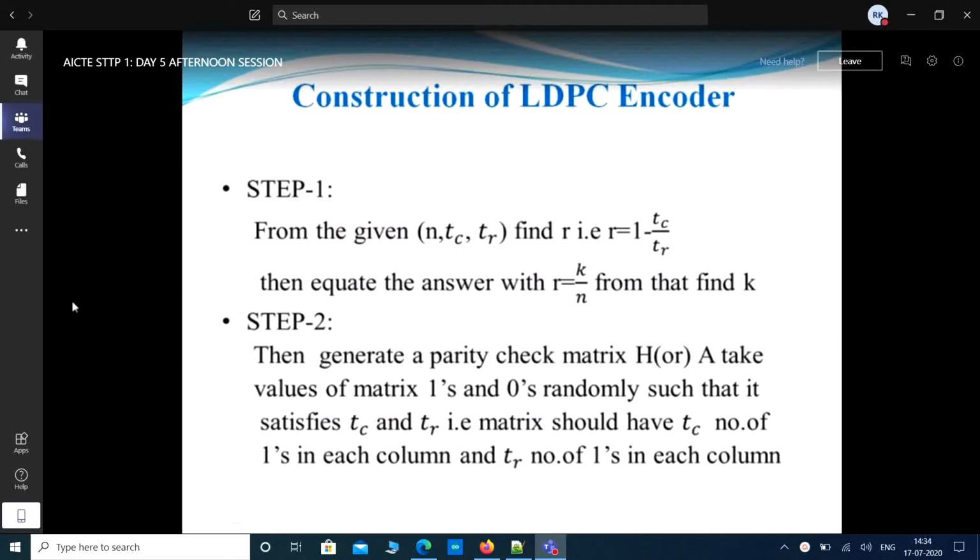So first of all, the very important point is that in any error control code, the data is not directly transmitted. Some redundancy or some parity bits are added to the original information or original message block, and then it is transmitted through an encoder. So the encoder output means information bits plus redundant bits.